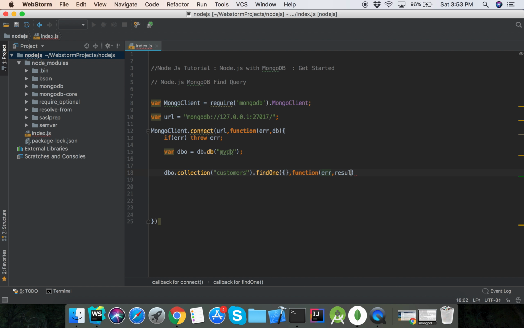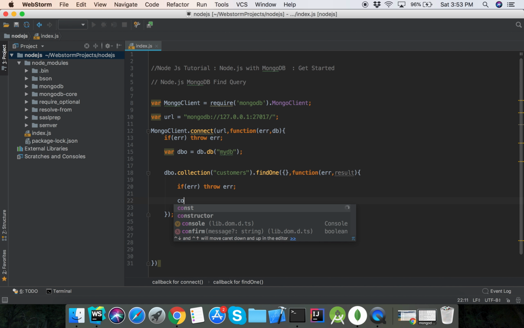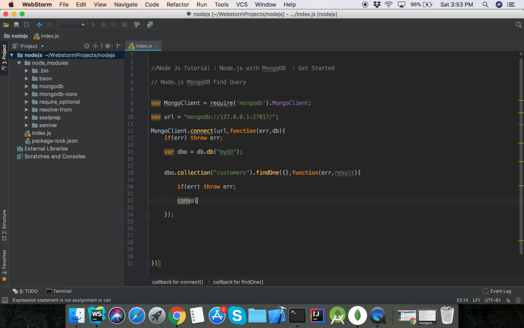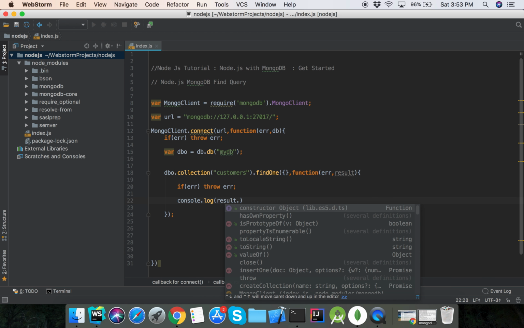The function takes error and result. If error, then throw error. Then console.log result.name,